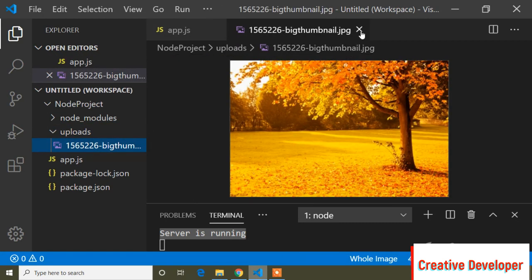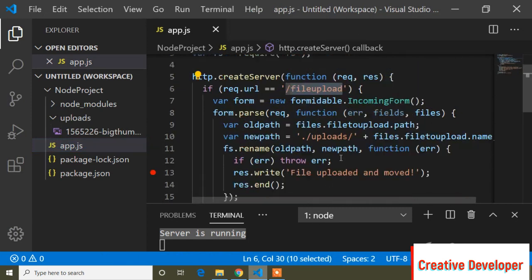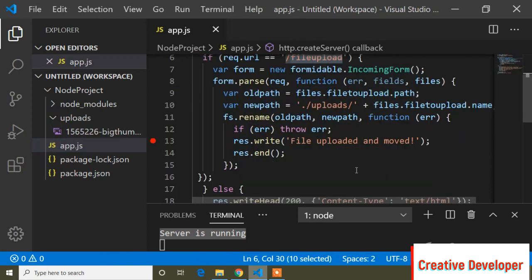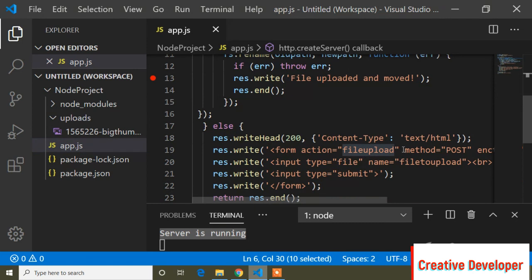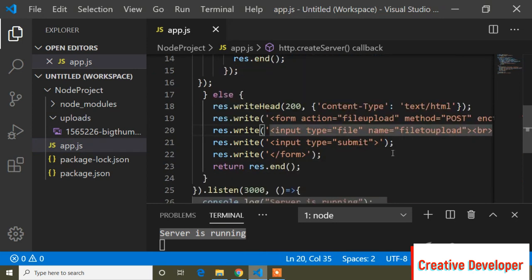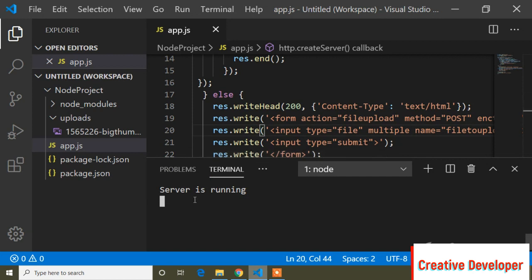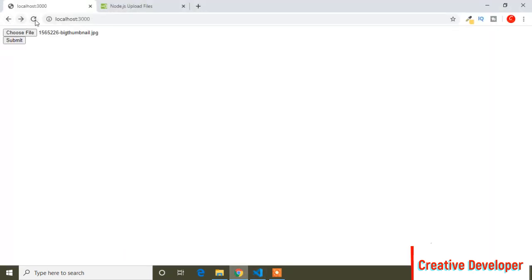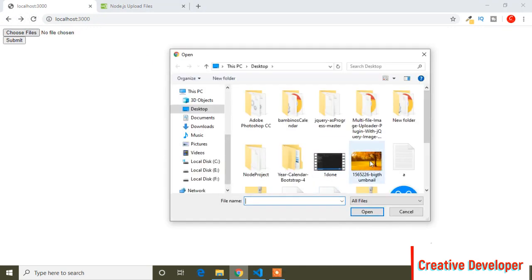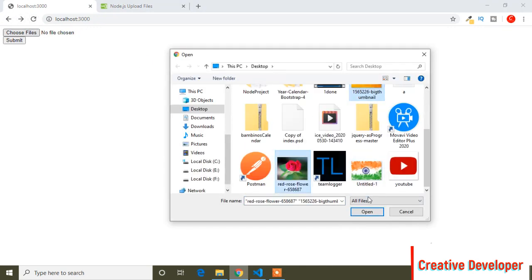You can see I chose that image, and if you want to upload multiple images, just here add the multiple attribute and save, and again I have to run the server. So first of all press Ctrl C to close the server, and again run node app and refresh, and I will choose multiple images now.